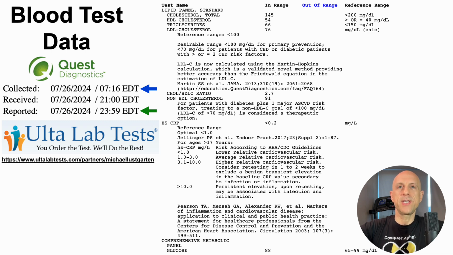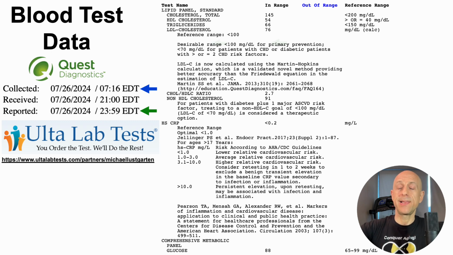Some results do take longer. Like I measured Candida antibodies, that took about a week. Homocysteine took about 2 or 3 days, somewhere in that ballpark. But for the standard chem panel and CBC, 1 business day, which is fantastic in my eyes.